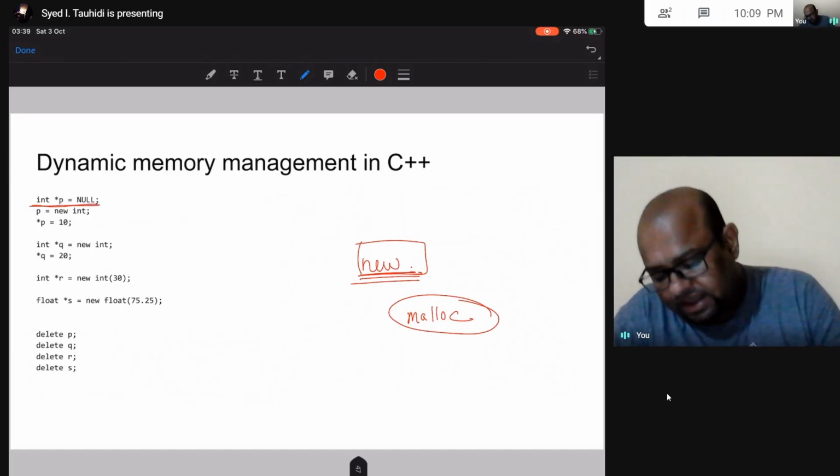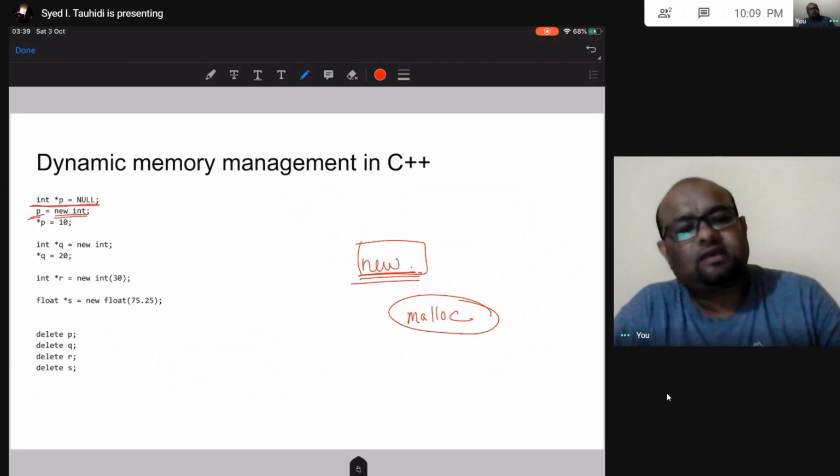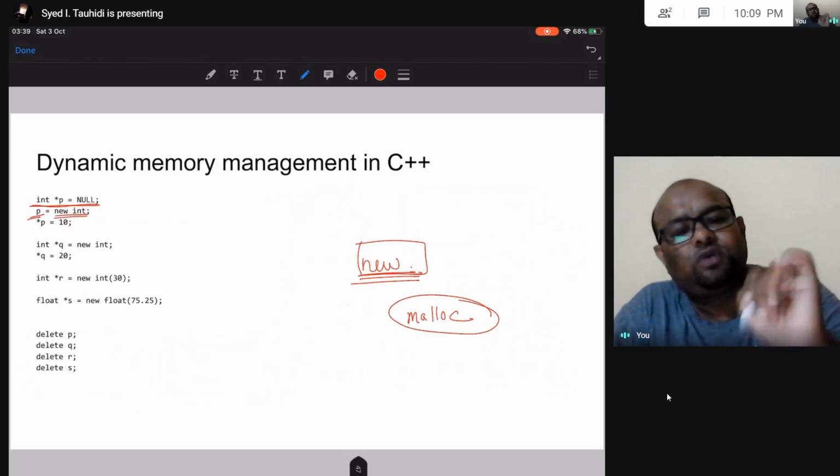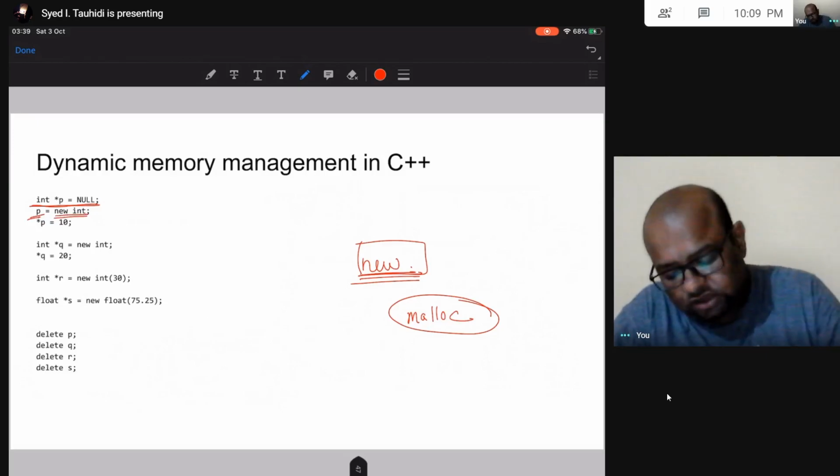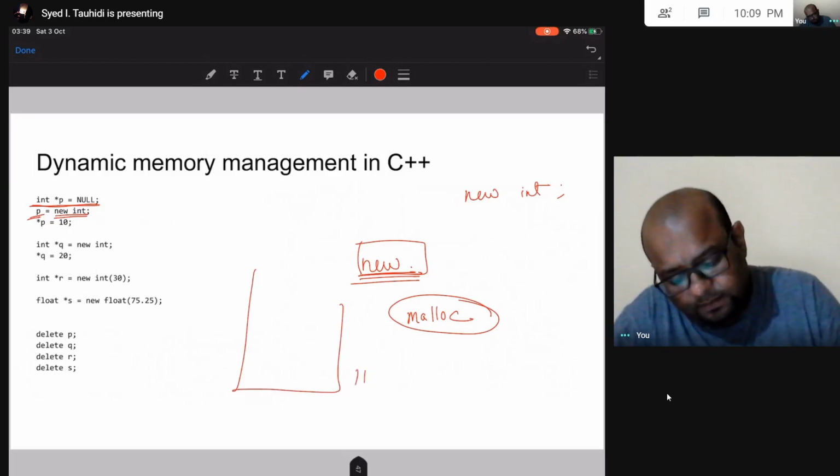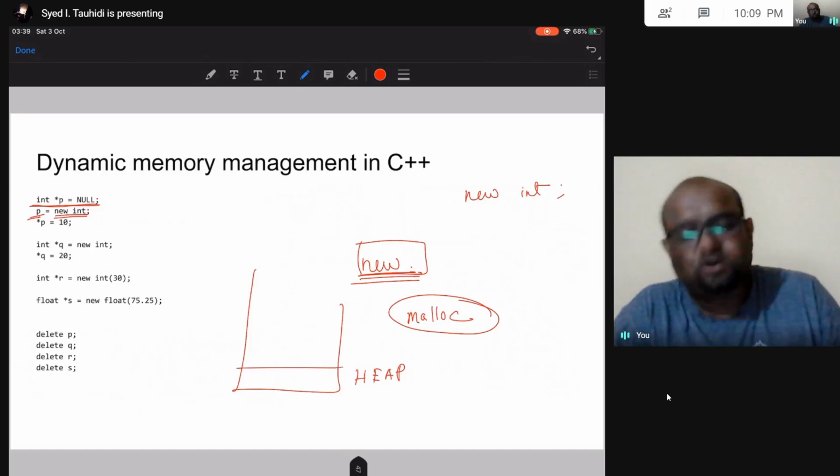Then what is this pointer now pointing to? It is now pointing to some location in memory where I am going to store an int. So when I write new int, I am allocating memory in the heap to store an int.